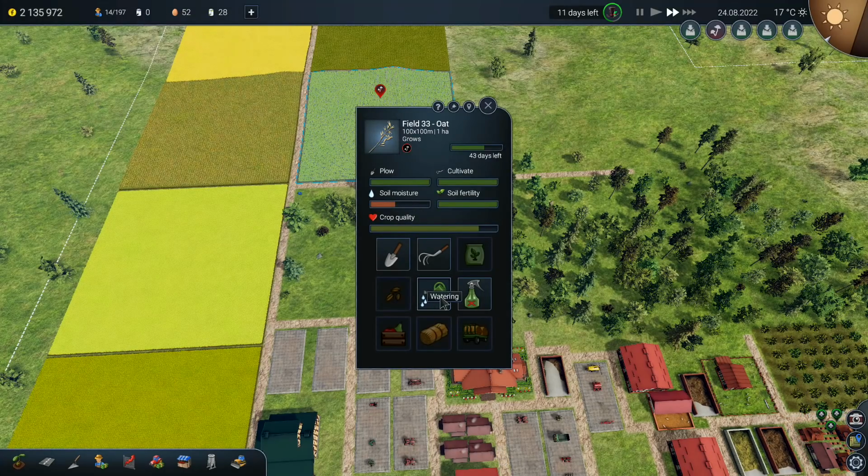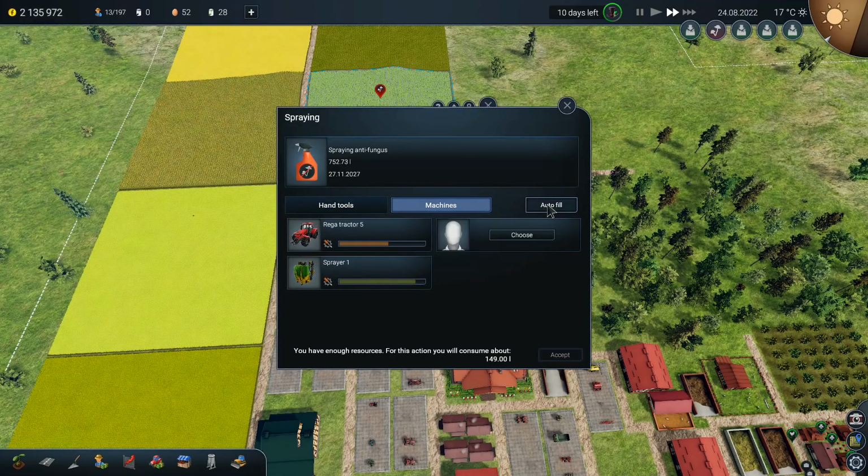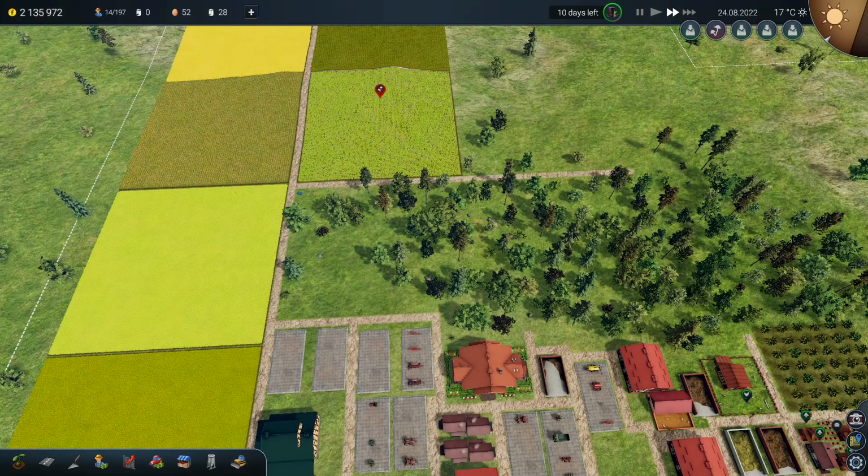Soil moisture is really low. I'm going to have to do something about that. Let me first of all do this, though. We want to go here, and what was this? This was anti-fungus. Go there, and then I can... There we go. Allegra is ready to roll. Excellent. Okay, she can go out